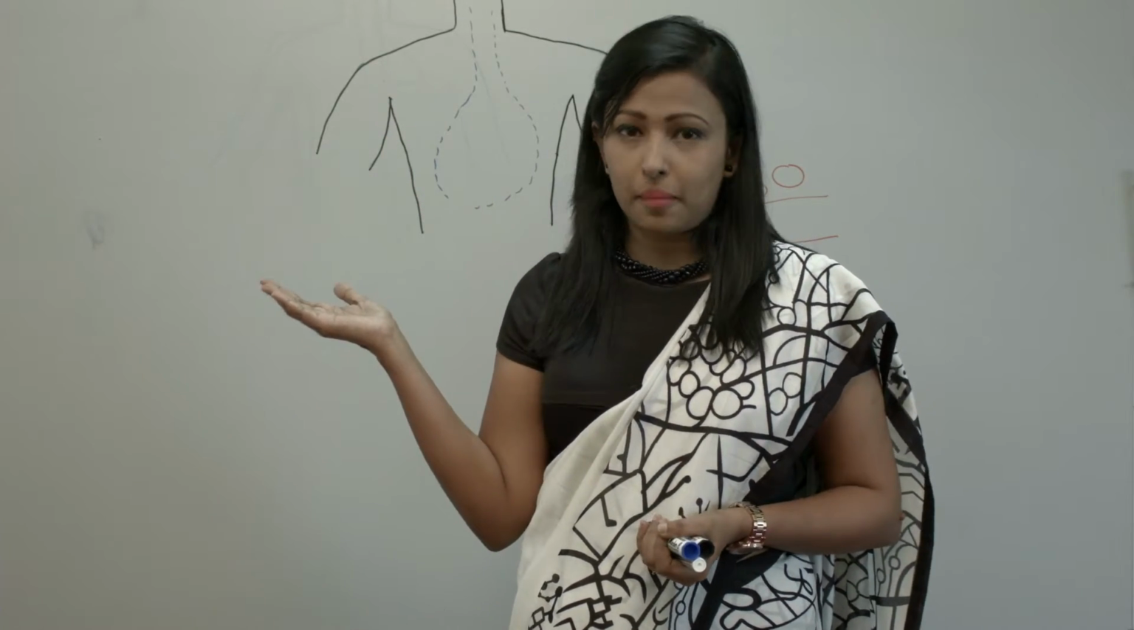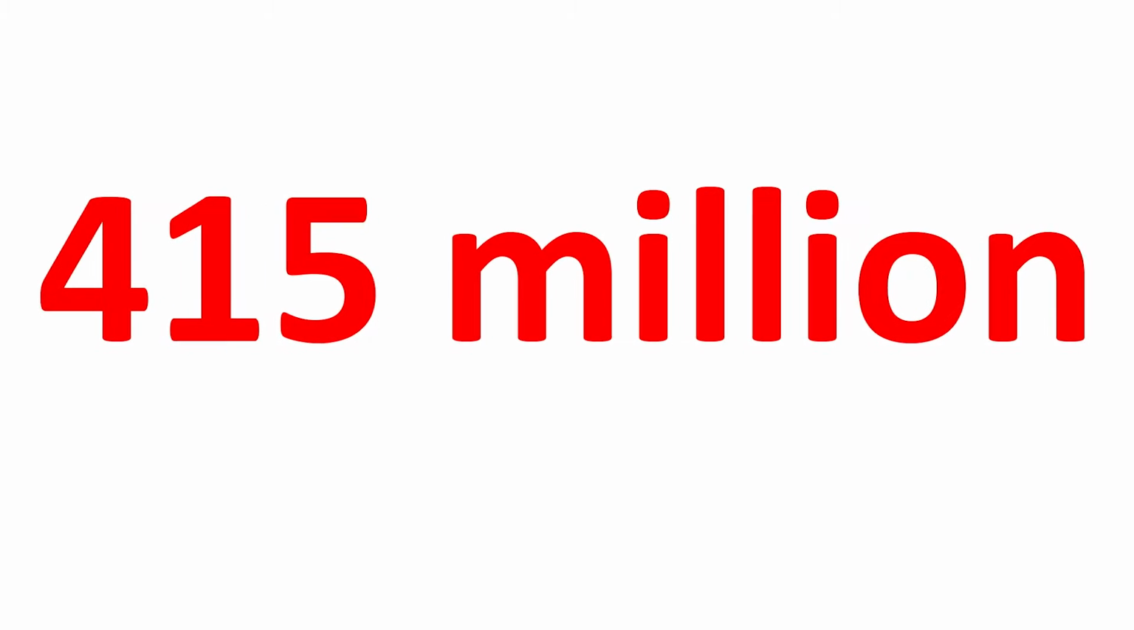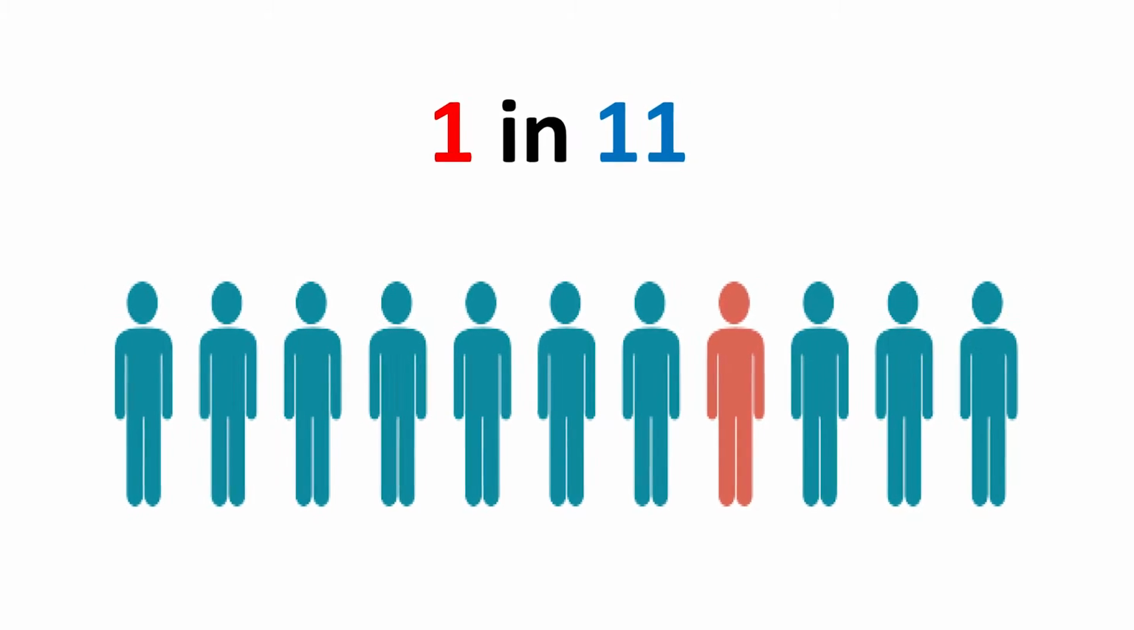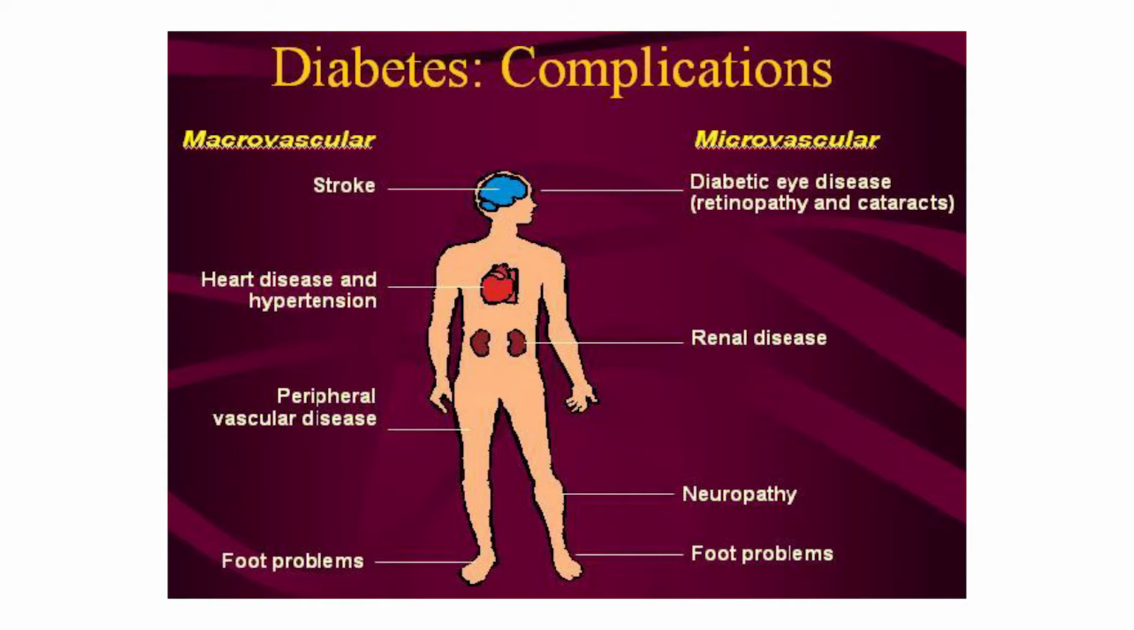Let me draw your attention to the prevalence of diabetes. Fundamentally, there are around 415 million people affected by diabetes, and also 1 in 11 is affected by diabetes. In terms of diabetes complications, there are macrovascular complications and microvascular complications. When you talk about macrovascular complications, stroke, heart disease and hypertension, peripheral vascular disease and foot problems are the most